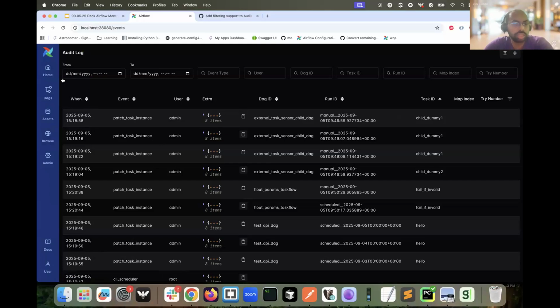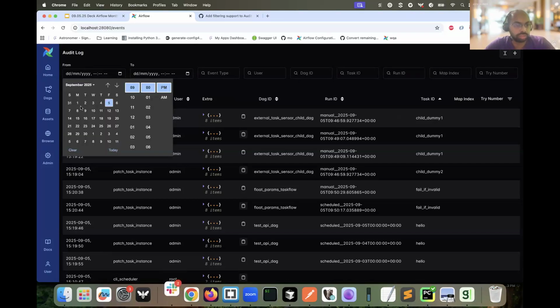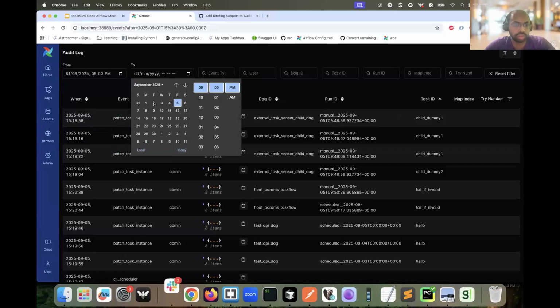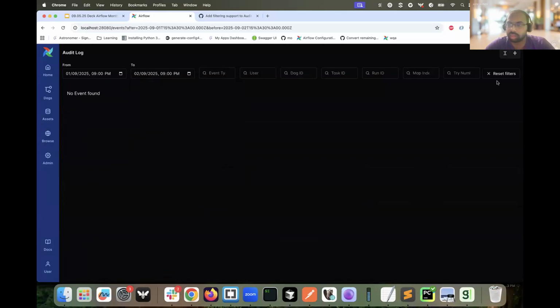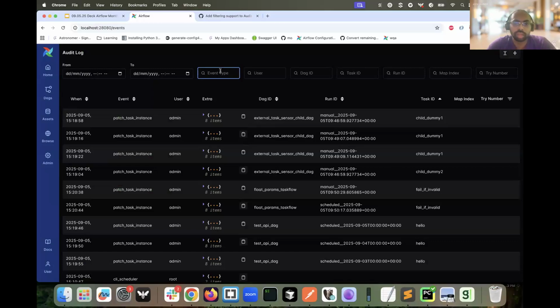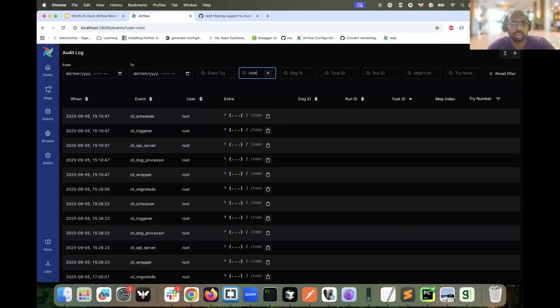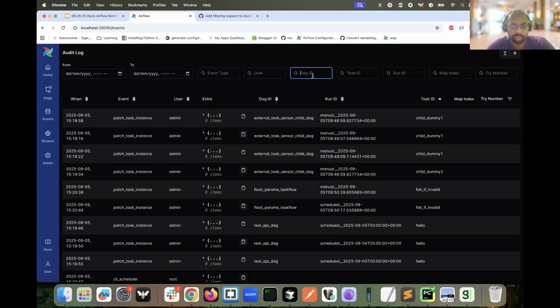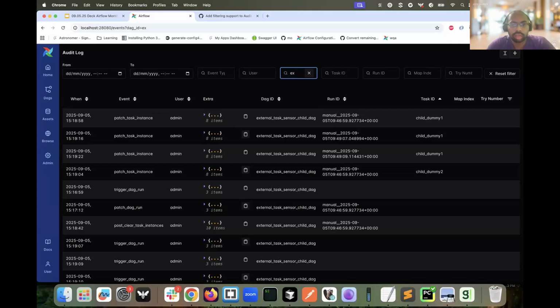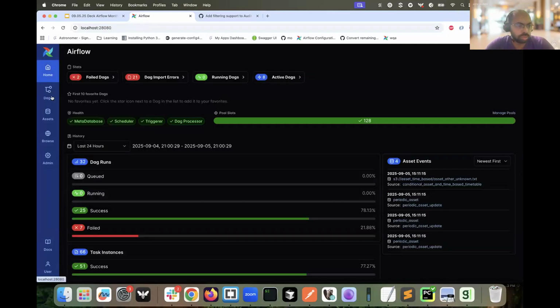So yeah, now these are the filters we were just talking about. So we have filters for dates, event, and so on. And let me just try to add a date for which we might not have any events. So it filters it out. And maybe for any event type, we can just filter by event type with user now, and the partial pattern match is also working. Same with the DAG ID. So yeah, these are the filters. I think there is one more screen.